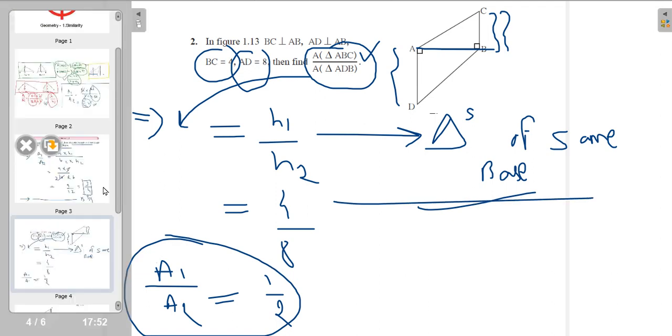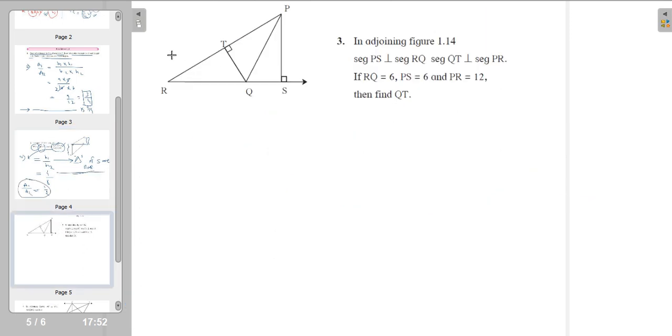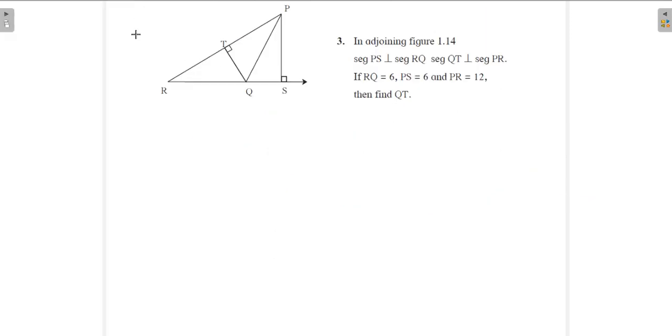Okay, moving to the next part, that will be this very tricky problem. The third problem is quite tricky. I assure you, at the first instance you will not be able to solve it, but it will be easy. Okay, so let's start how to solve it. Now you have to see only this triangle which I marked in red. Don't see anything else, otherwise you will get confused. So this is the triangle in the picture we are going to use.